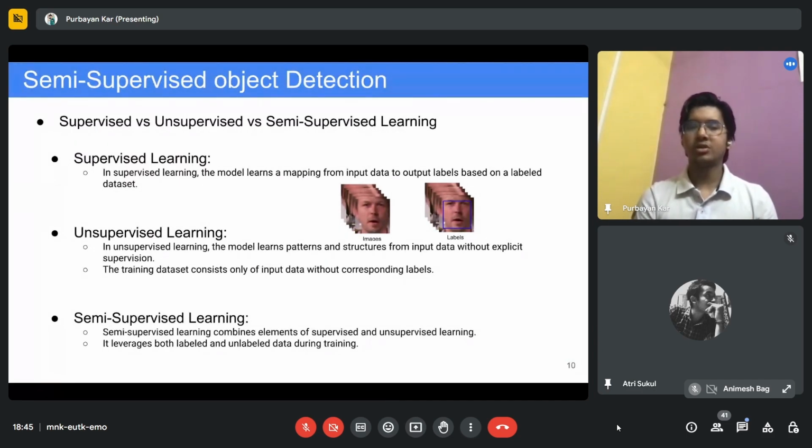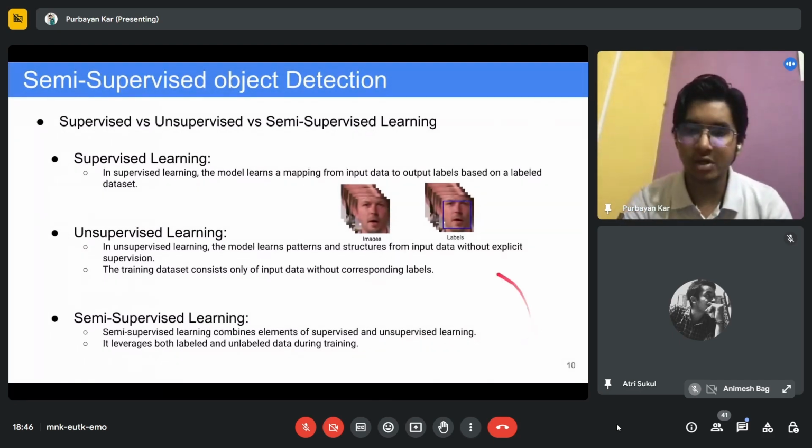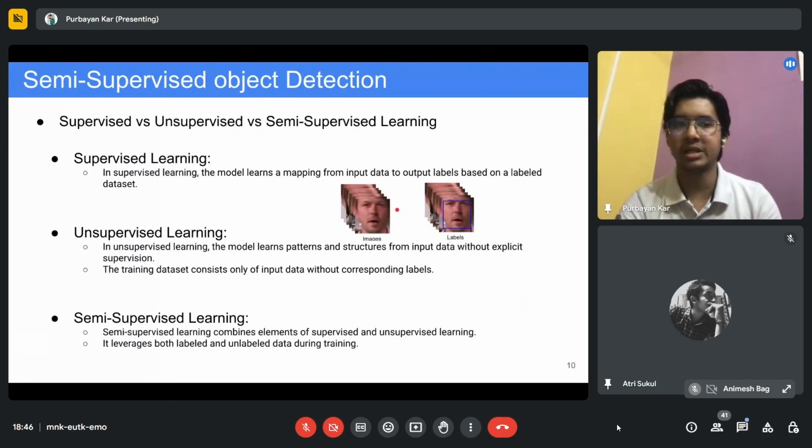In machine learning, we call it supervised learning when you have corresponding data and labels for all the data. A machine learning model is kind of a black box. You need data to train the black box, and you need labels for the data to tell the black box what a particular image or data is. As I have already said, I will be explaining computer vision topics. So here are some images, and here are the localizations of where the face is in each image. For all the images in this data, we have all the corresponding labels. When we have this kind of data, we call it supervised learning.